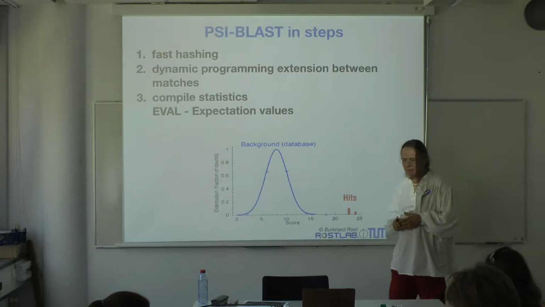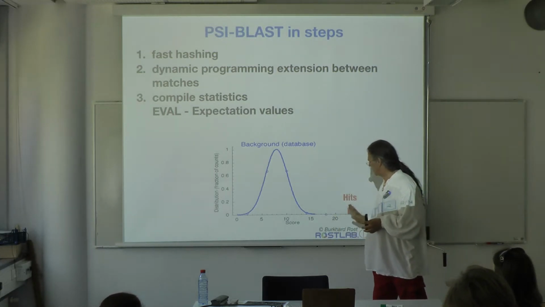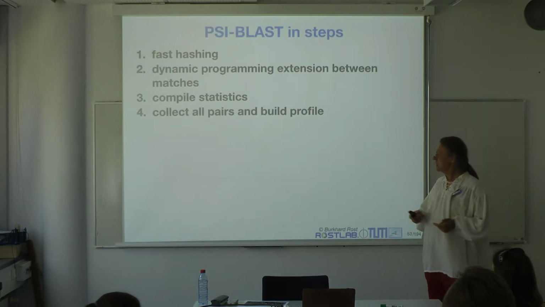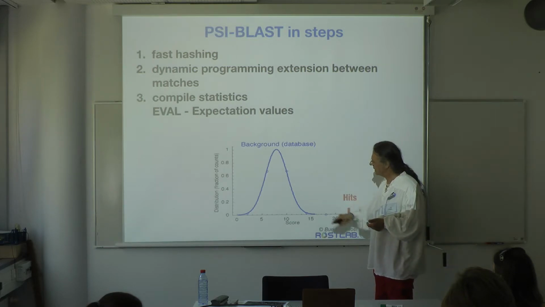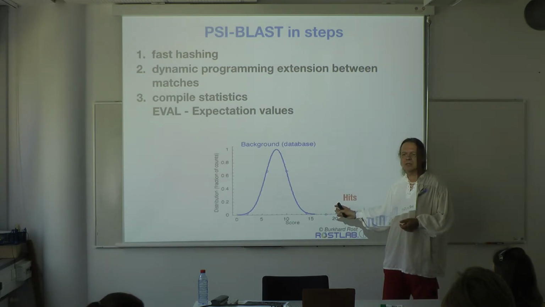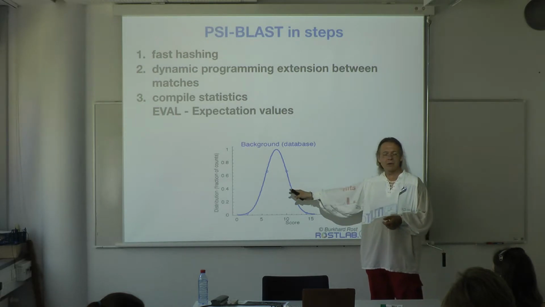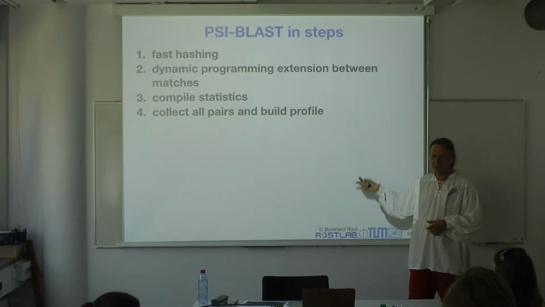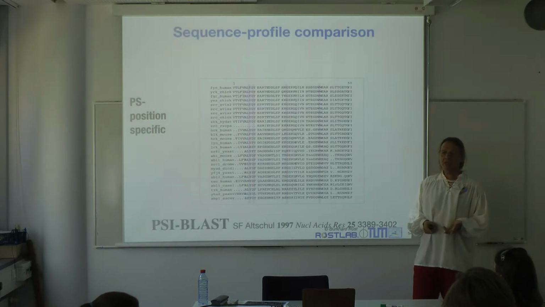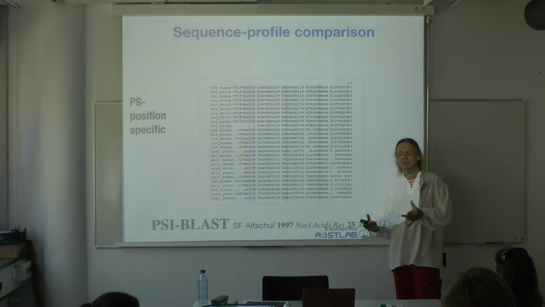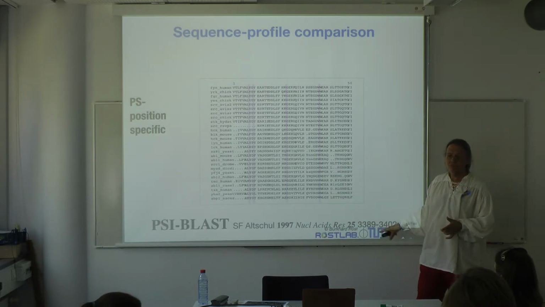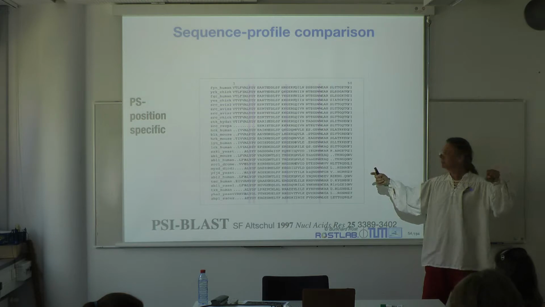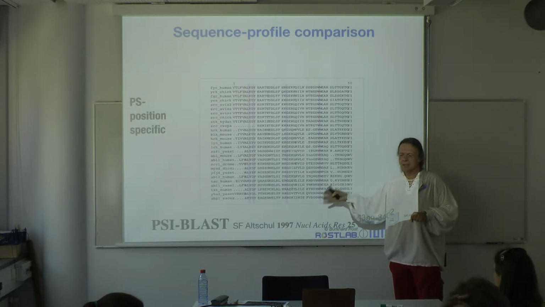Then the major challenge, I said, is about getting the statistics right, so the difference between the hit and the background distribution. Now, you do all of this, you build up the profile by saying, well, as long as the hit is far away from the background according to the E-value, I add them to the profile. This is what you collect by collecting the pairs, building up the profile. Then you have all the pairs, so you align the sequence against the database, and at the end of it, you have all the sequences such that the background distribution is far away from your score, high E-value. You build the profile,